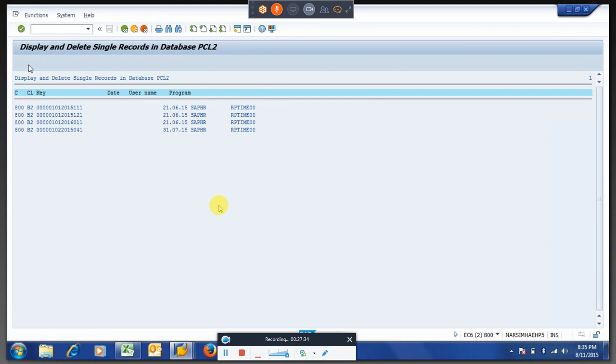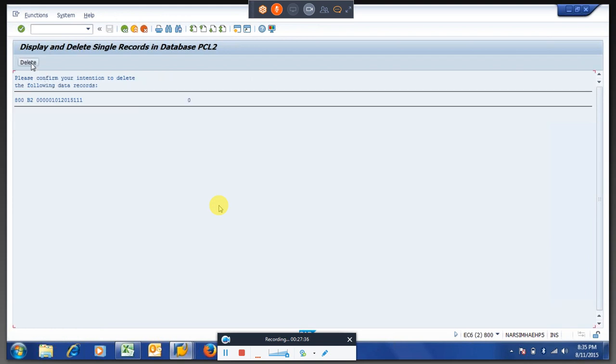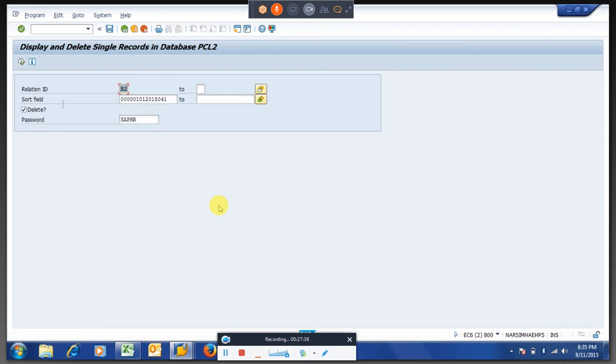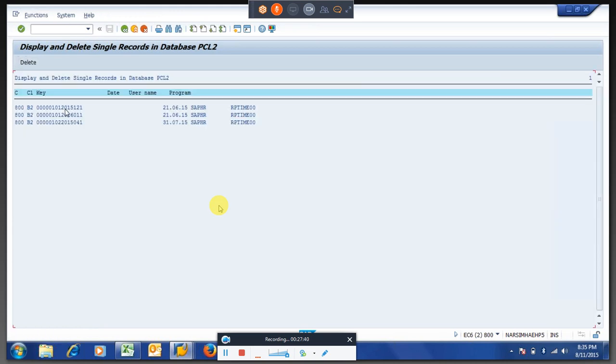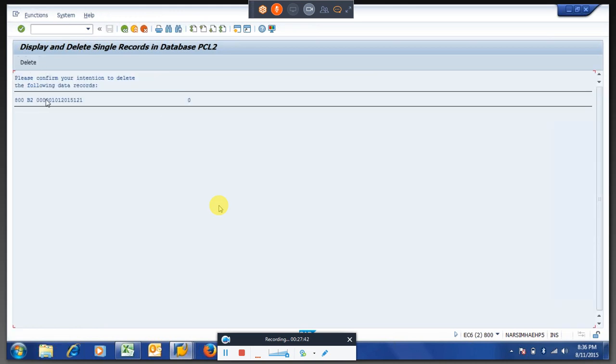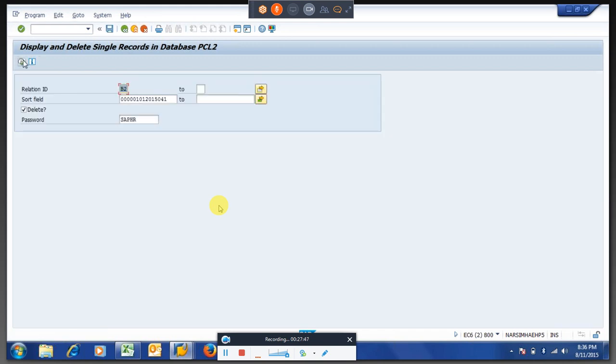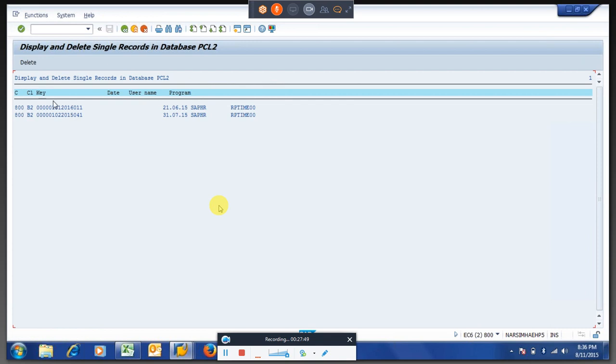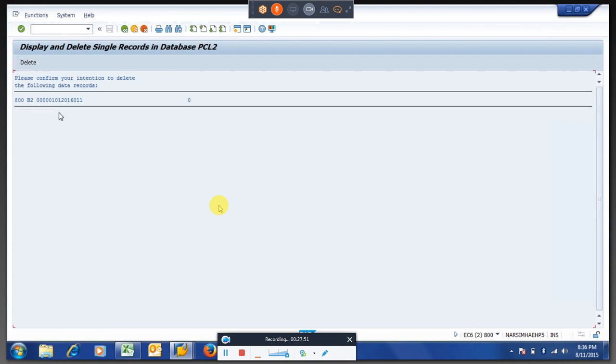Whenever you are doing this, don't try to do it many times. Even on this IDS server, let us say if you deleted some irrelevant records, somebody will face some issues. If you are deleting time related data, that is okay. But if you are deleting payroll related data, then it will be a waste.